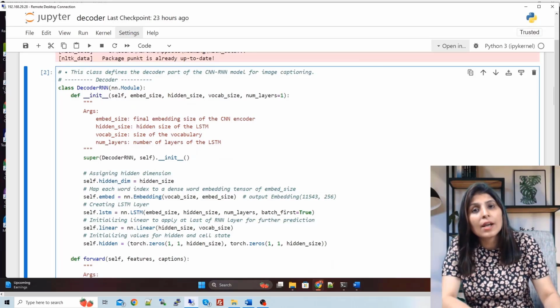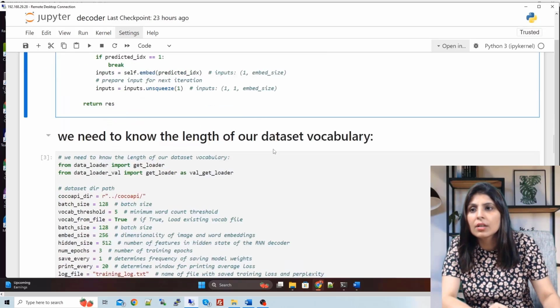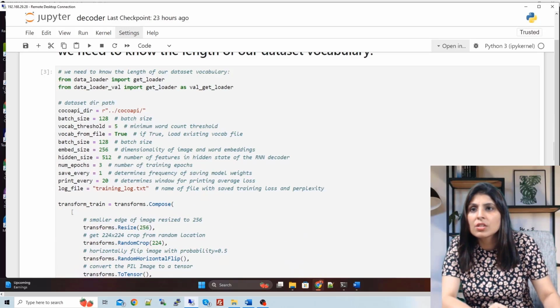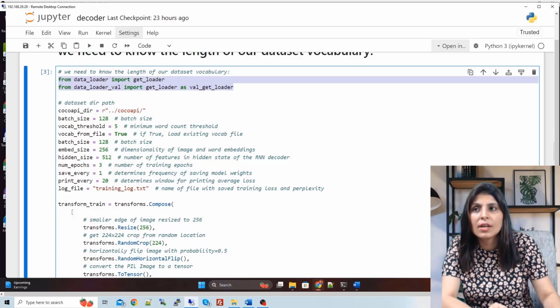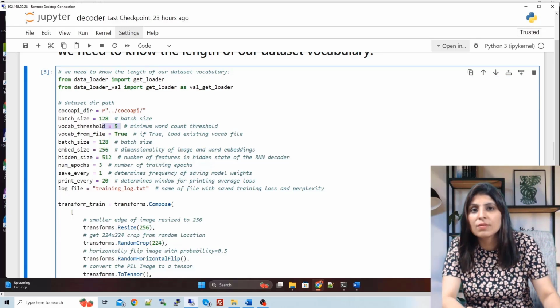Now let's try to execute this class on a single image and see how it works. For that, here we are just importing these two lines because we want to load the data set. So this is our data set path. Batch size is this, vocab threshold is 5. This is clear to you now. Vocab from file is true. Remember guys, I've told you that we have created a file with the name vocab.pickle.